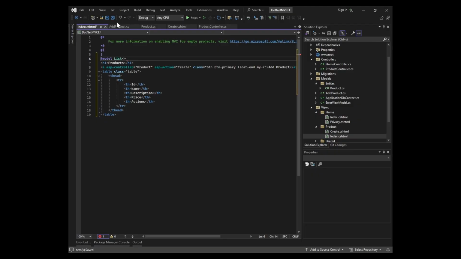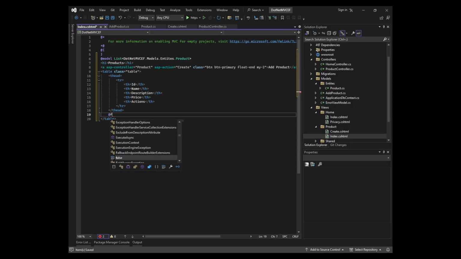List is basically generic, so we have to define in what form data is going to be received. So data will be received in .NET project name.Model.Entity.Product, and then going to utilize the foreach,